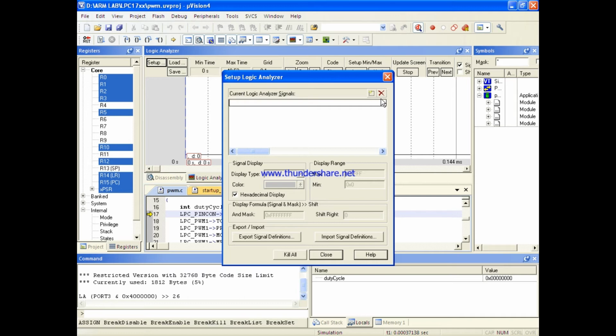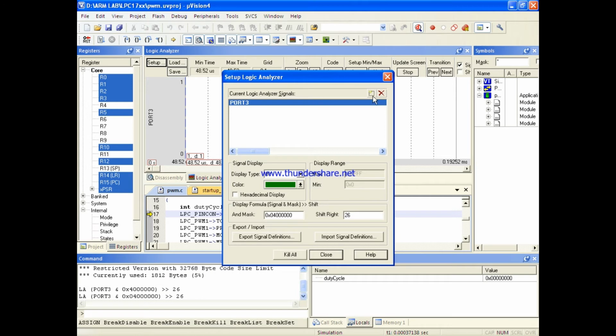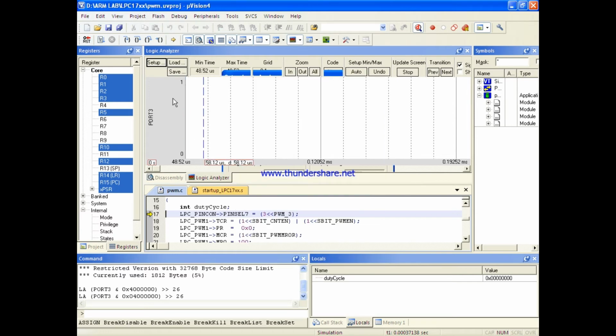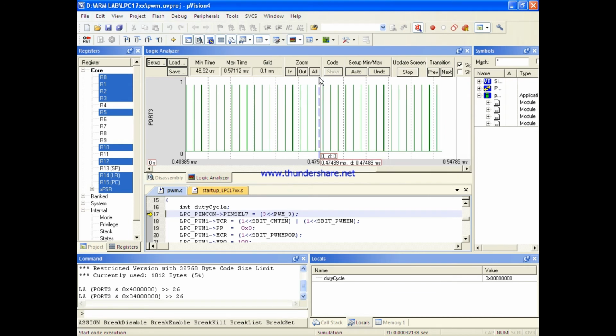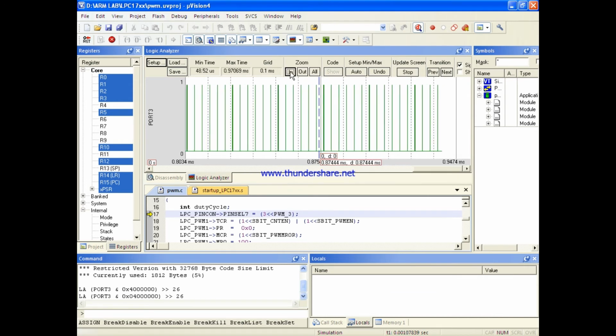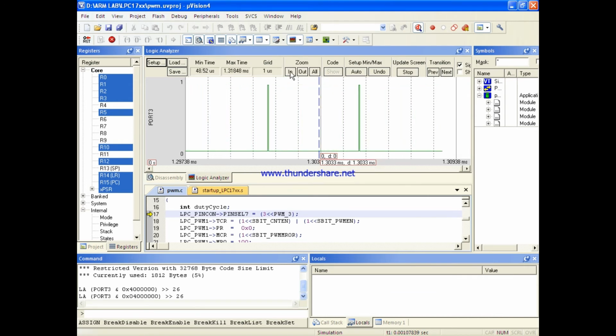You enter it here as port 3.26. You will get it as port 3, but it is actually the output of P3.26. You close this. Now you run your program, and you can see a variable duty cycle waveform.